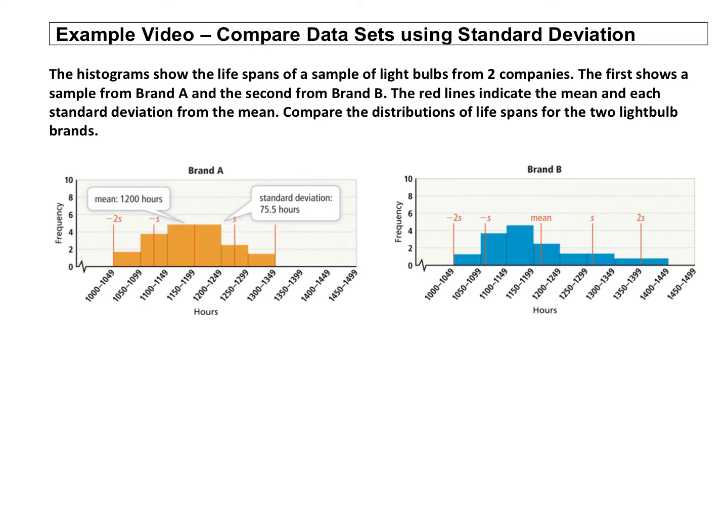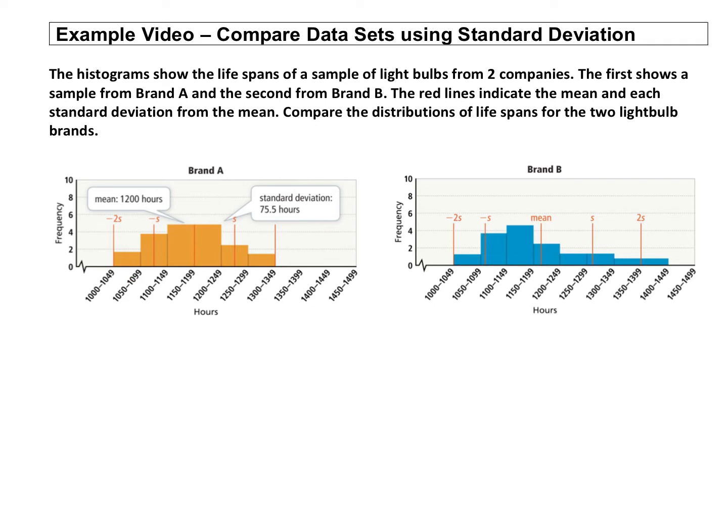So in brand A, the first thing I notice is it's symmetrical. So this is that normal bell curve. The mean here is about 1,200 hours. And we can see the standard deviation. This is that example we already saw, 75.5 hours. So one standard deviation away, two standard deviations away on either side. If we add that 75.5 hours or subtract, we can get some of those values. 68% of the data is within one standard deviation, 95% of the data is within two